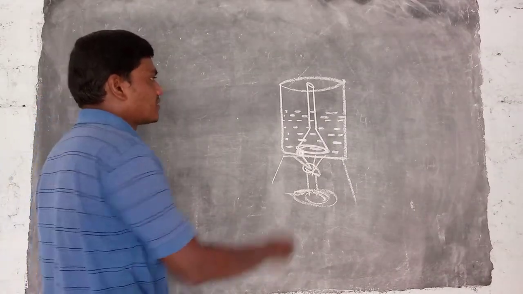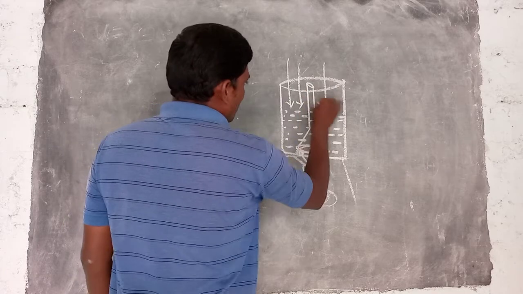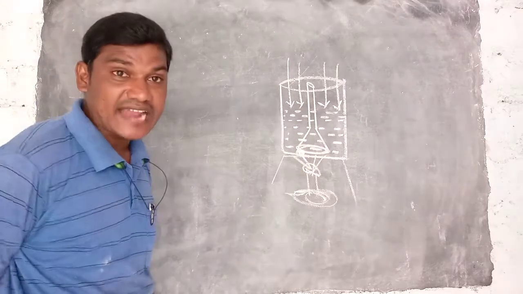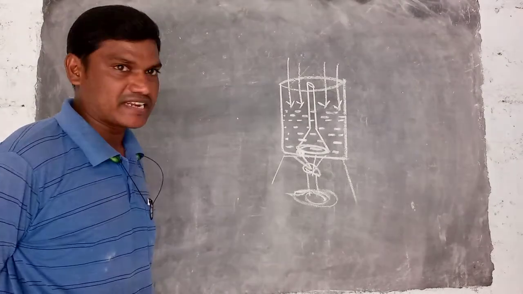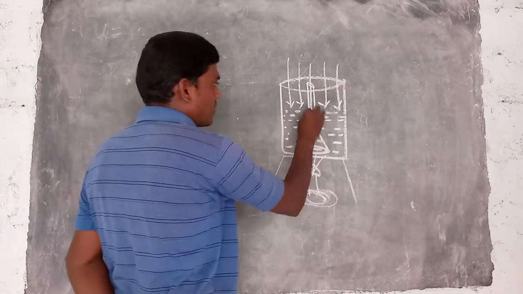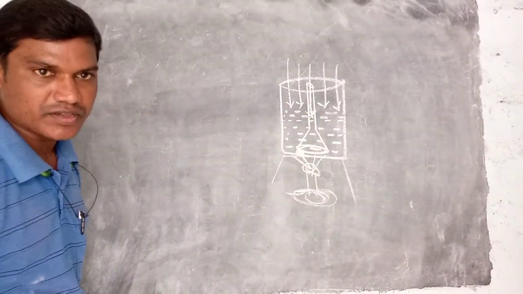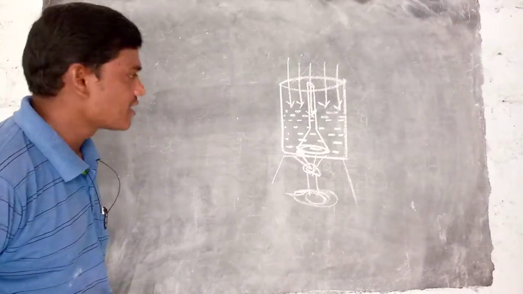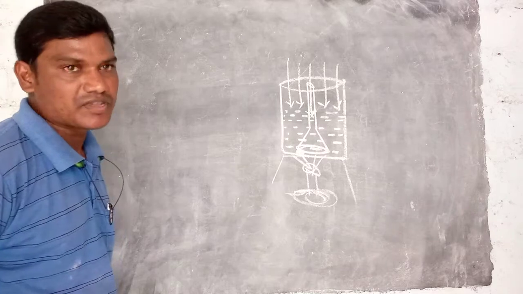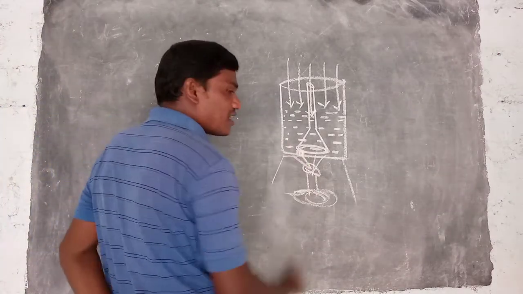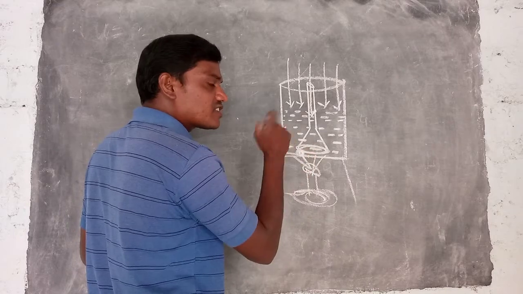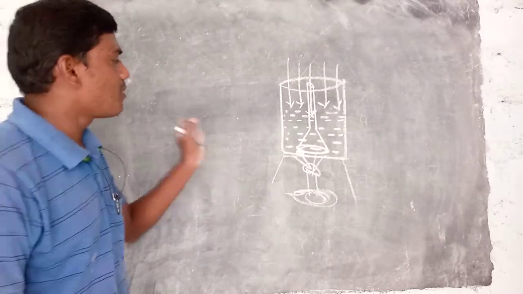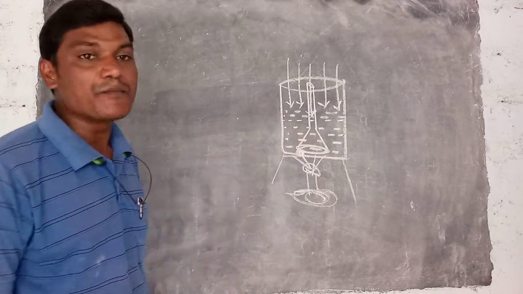Now here we are observing that on the surface of the water in the beaker and on the funnel, what is acting? Atmospheric pressure is acting. The water present in the beaker and in the funnel both have atmospheric pressure acting. In our concept, the bubbles will first appear where, in the beaker or in the funnel? The bubbles appear in the funnel but not in the beaker initially.